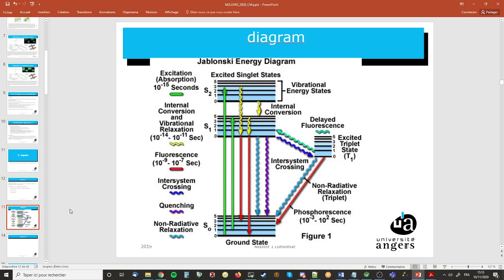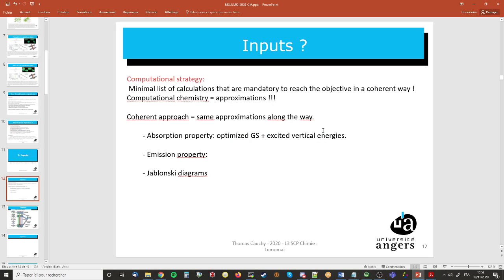And we need the vertical energies. That means that you compute the energies that go from the ground state to the different singlet or triplet states. With that, you can have the absorption properties. I will go back in more detail right now. Don't worry, I just wanted to explain what a computational strategy is. To have the emission properties,